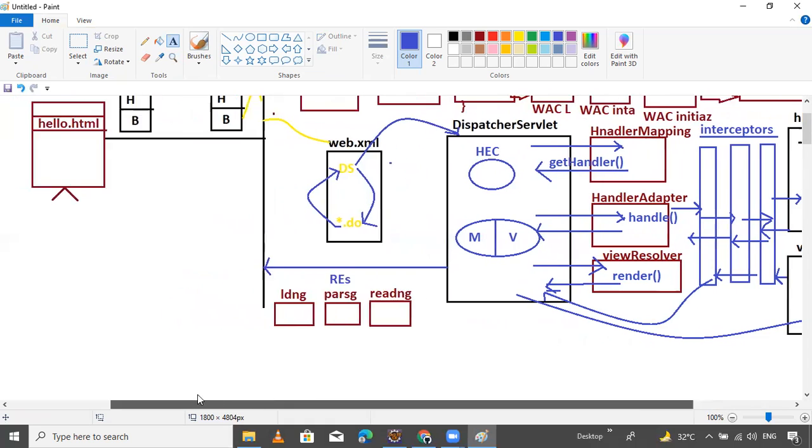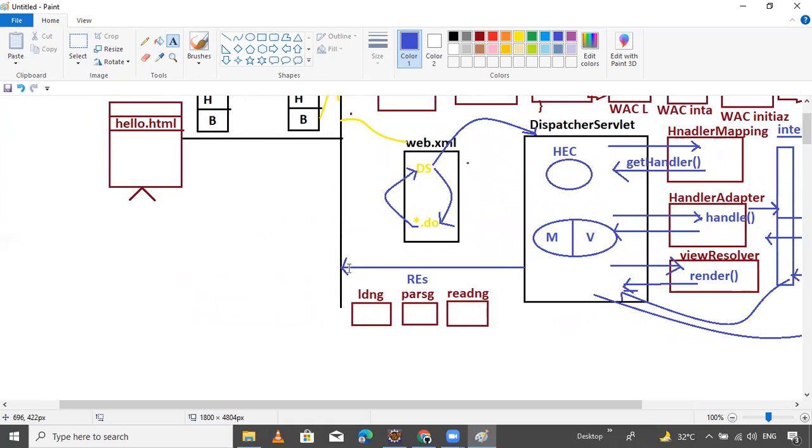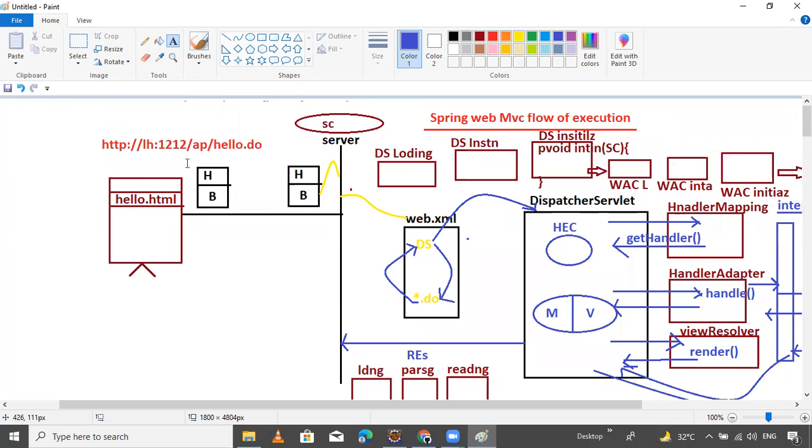Then the servlet container, meaning the protocol, again generates the header and body part. This is the request format. This is the response format.